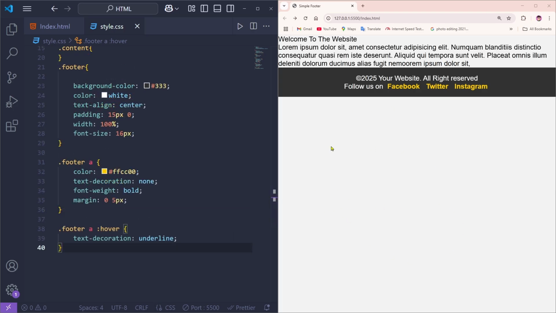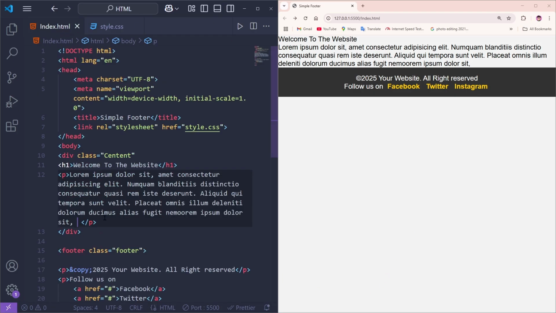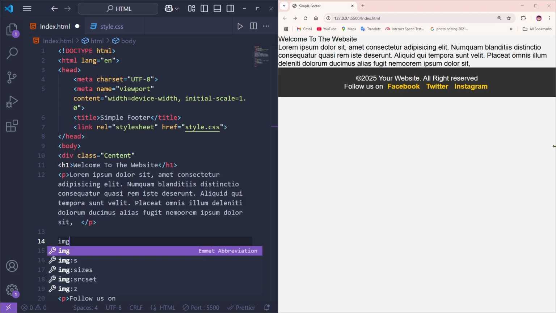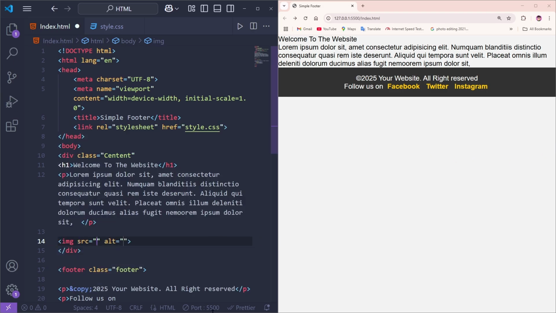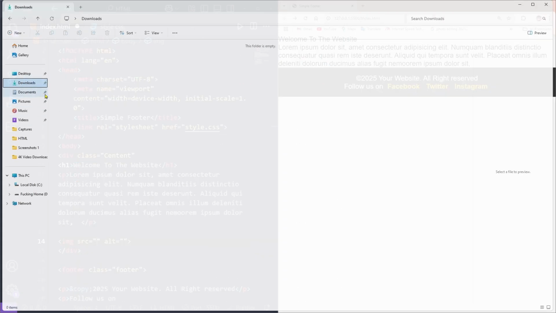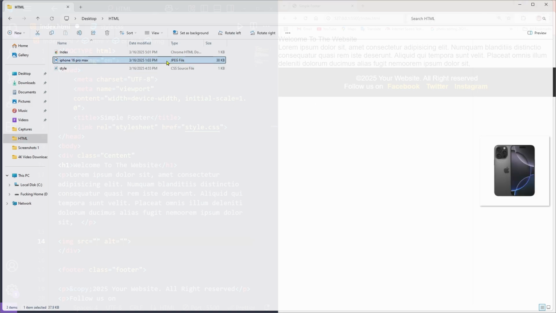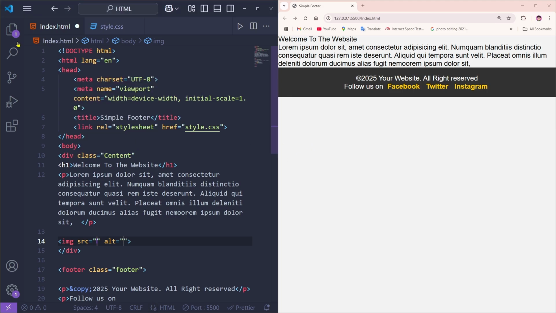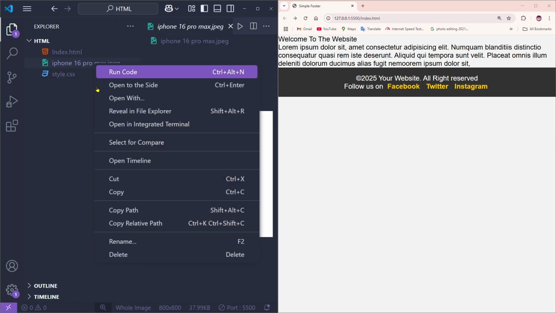So as you can see that we added the footer, but it's not at the baseline and at the bottom. So for making it go to the bottom, we can simply add an image. So for that, I can simply use img, and I'm going to add this image. If I just give the HTML file, so if I just add this image, and then if I just remove it, can skip. So now what we can do, can simply drag it down. Going to copy this name,